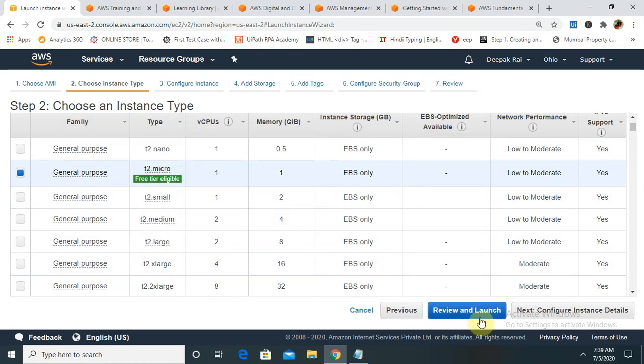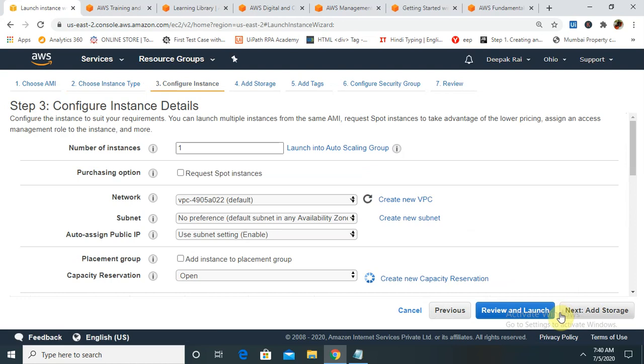Once you select this and configure instance details, click on next. Otherwise, if you want to skip these 3 steps, just click on review and launch. Your instance will be launched, but it's always recommended to configure each and every component like DNS and other components as well. Let me click here. You can see a number of instances are available. You can keep it up to 10 lakhs, but for my job I am using only a single instance.